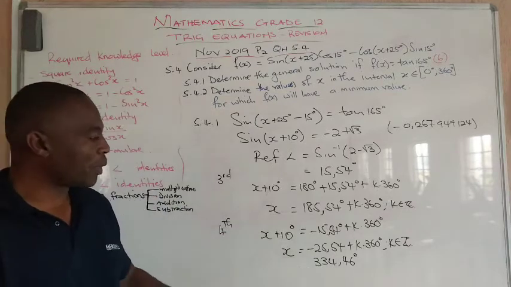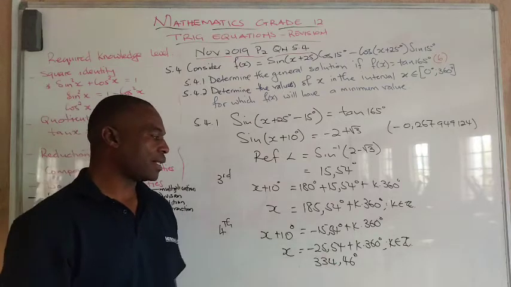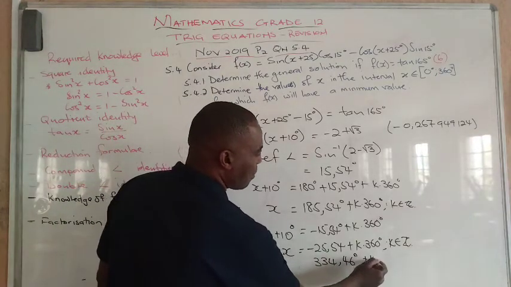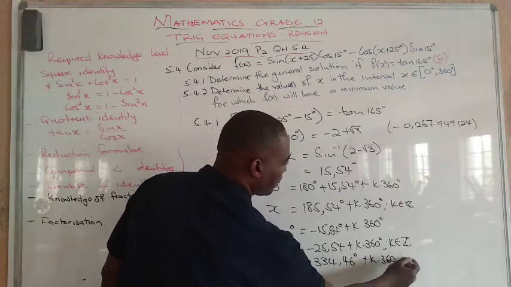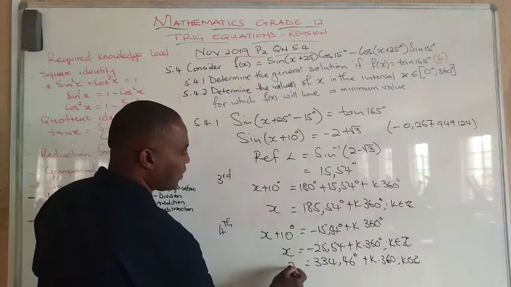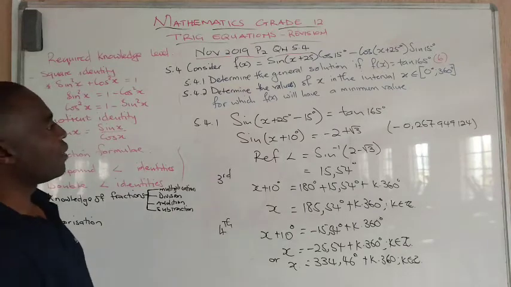If you are comfortable working with a negative angle, you will come to this. These two are the same. So the solution can be written like this, plus k times 360, where k is an element of integers, is one and the same thing. Alright, then